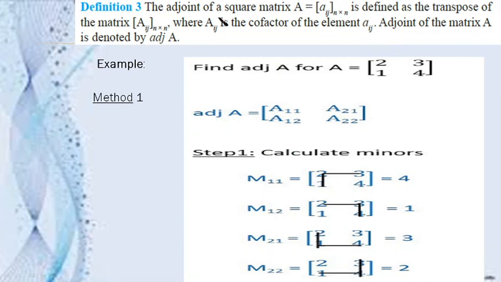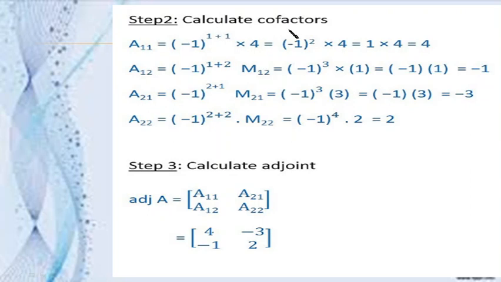Here, as we have seen in the definition, adjoint A is the transpose of the cofactor matrix. Cofactor matrix means in place of small a we can write down capital A, and we have to take the transpose as well. So the first row will become the first column and the second row will become the second column, like this. And we have replaced small a with capital A so that it represents the cofactor. Now step 1, we have to find out the minors for finding the cofactors. M11 means we have to cross first row and first column, 4 is the answer. M12, first row and second column we have to cross, 1 is the answer. Same way we'll calculate all the minors, and then in step 2 we will calculate the cofactors.